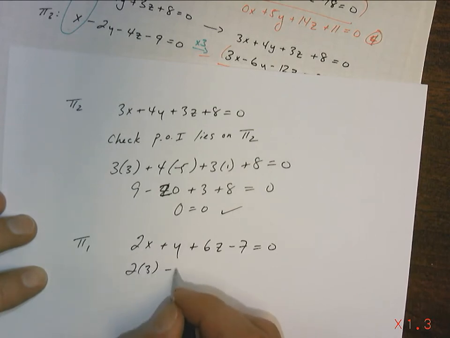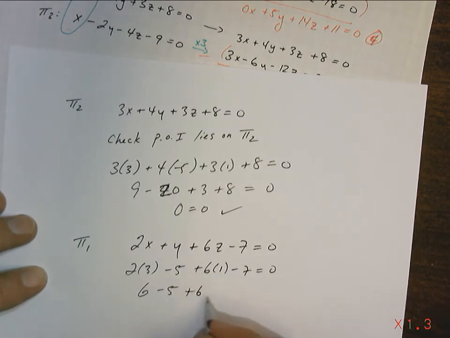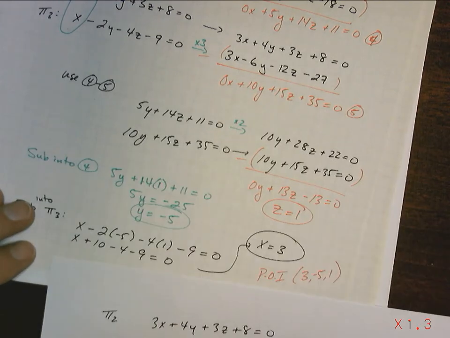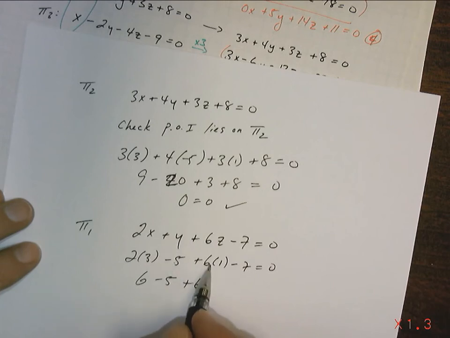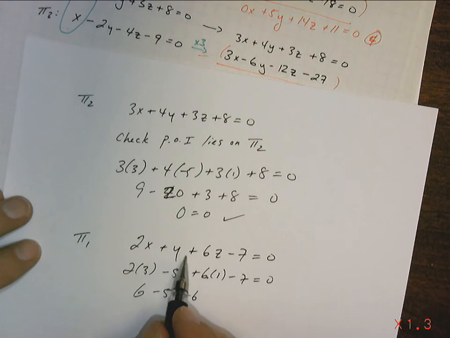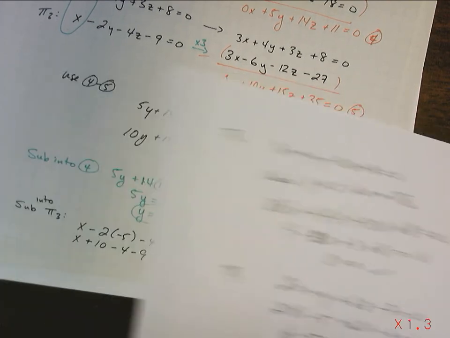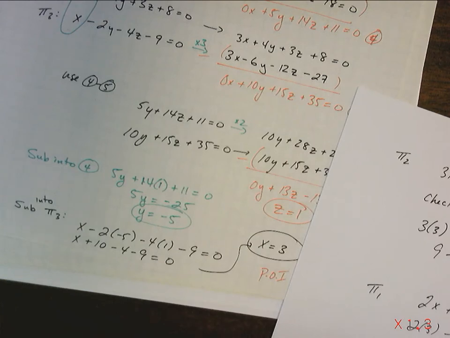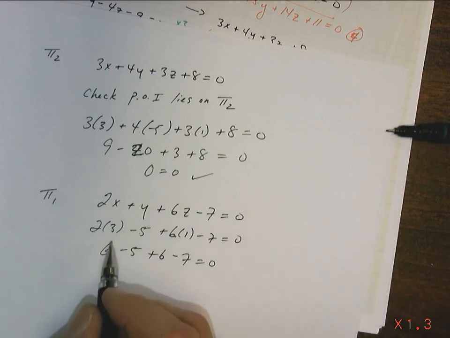So it's 2 times 3, minus 5, plus 6 times 1, minus 7. 6 minus 5 plus 6. Uh-oh, are we in trouble here? Did I write down 3, negative 5, and 1, right? So 3, negative 5, and 1. Plane 1 is 2x minus y plus 6z. So it should be 6. That's a problem. What did I do wrong? X is 3. Y is negative 5. Z is 1. It should equal negative 7. So it should be 6, negative 6, negative 5,